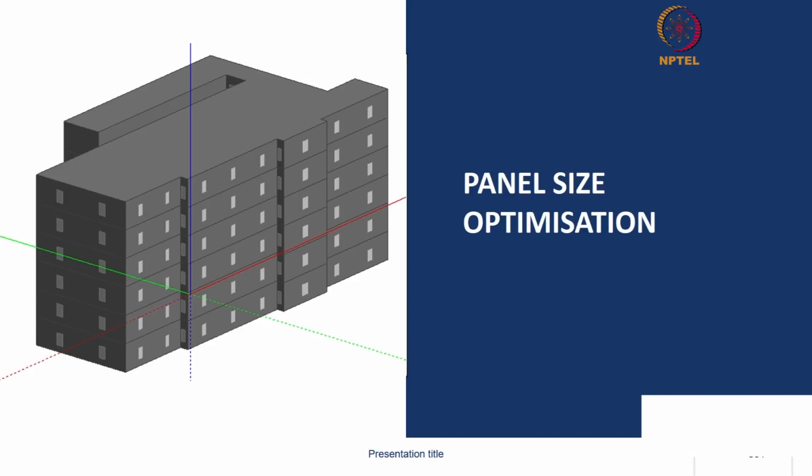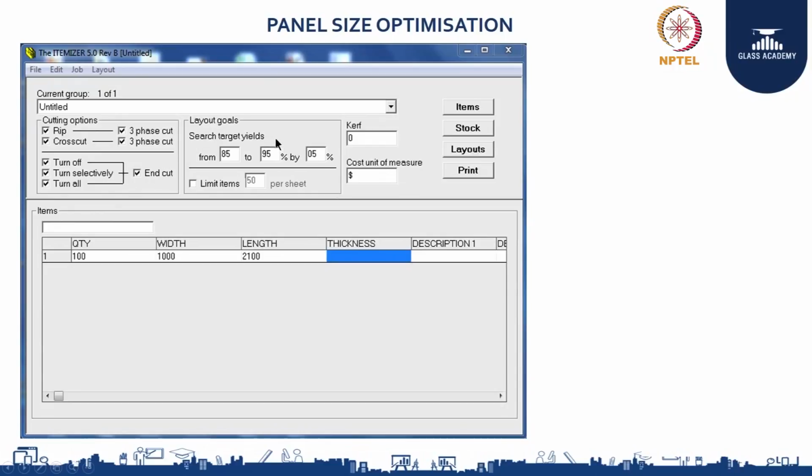Next comes the geometric properties, which is your panel width, panel height and your panel thickness of each glass. So why is this a criteria? Because depending on the panel size that you are using in the building, the wastage that is going to incur from the parent size made by the manufacturer can be impacted. So for example, I am taking a 1000 mm by 2100 mm panel.